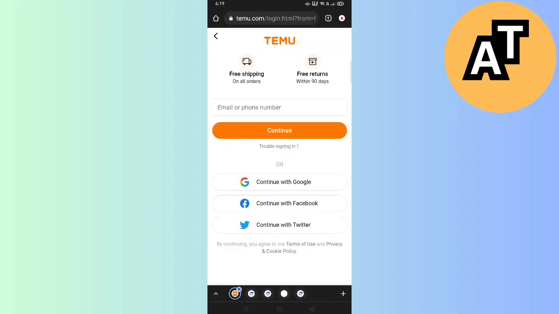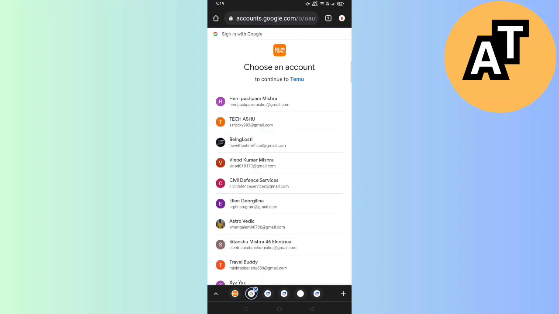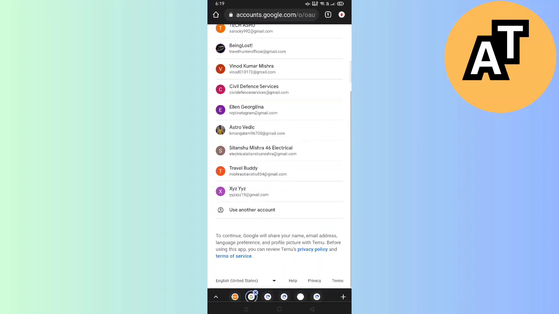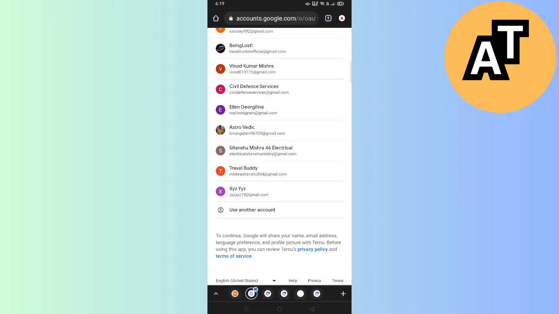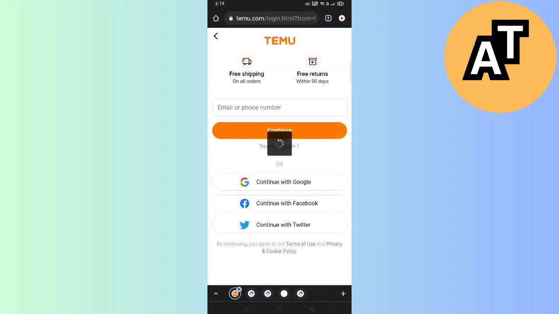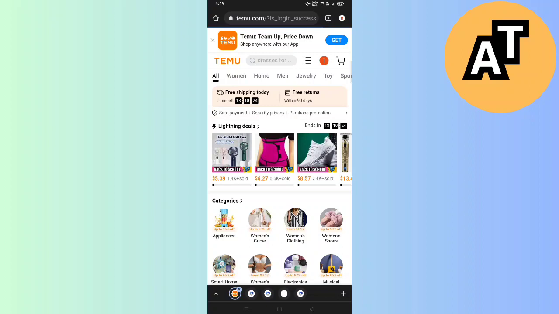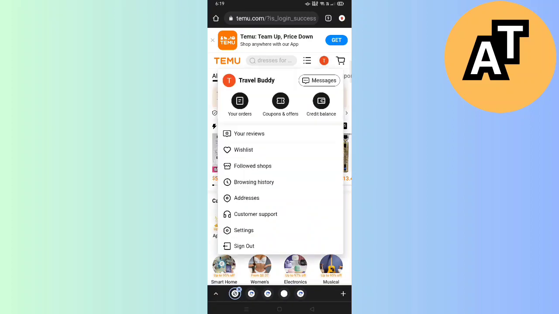main menu here. I will click on the continue with Google option, and you just have to switch to the email which you want. Like this is my email, Travel Buddy, I want this email in my Temu account, so I will click on that. And you don't have to do anything. Temu will automatically log in to your account with that name and that same Gmail option here. You can change your country by clicking on your account option here,